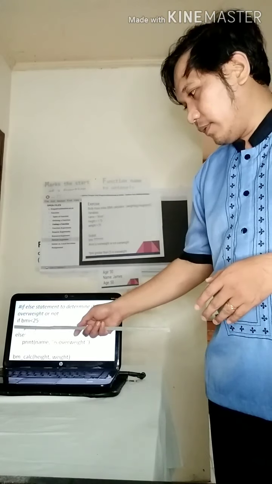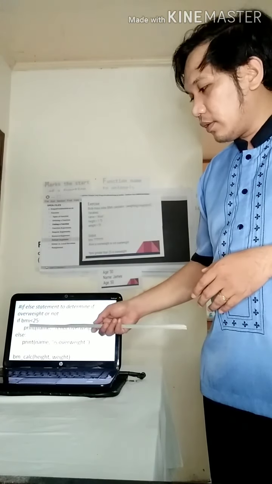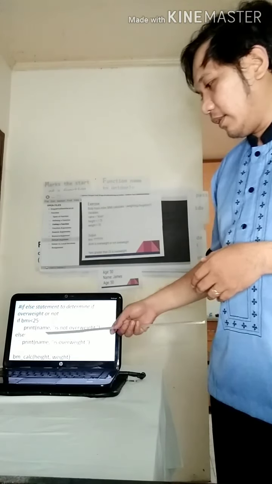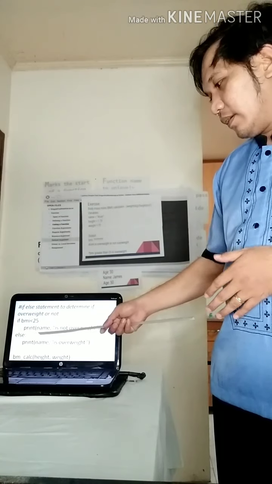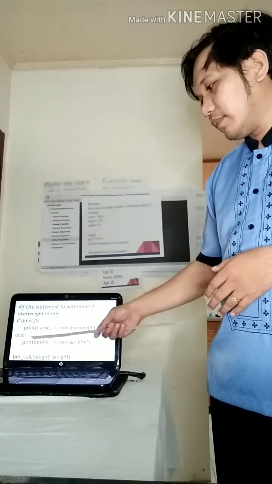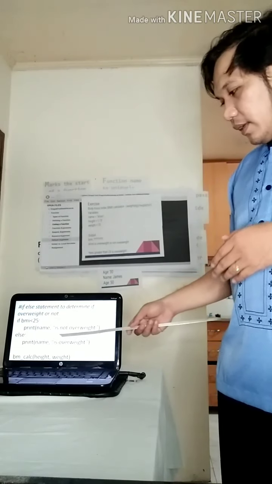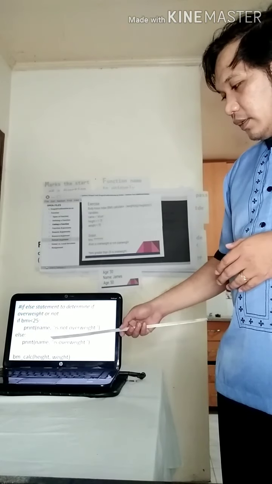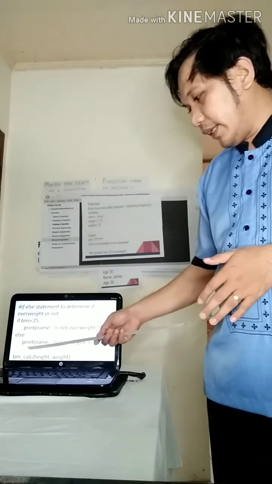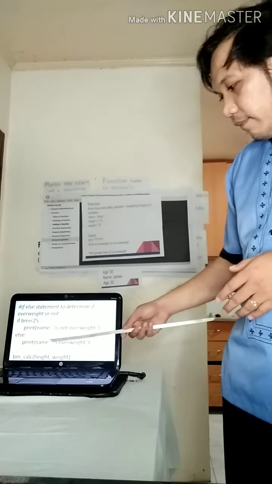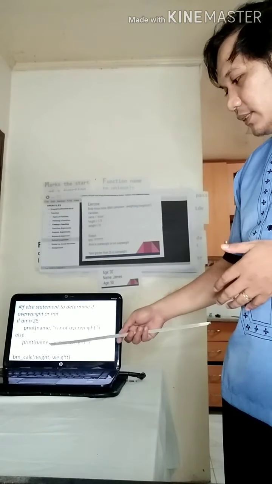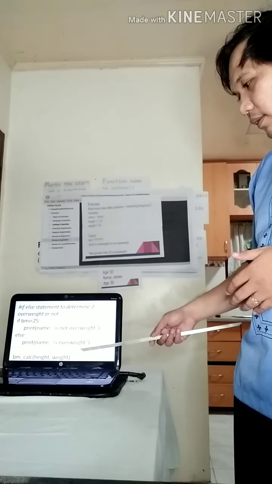So if BMI is less than 25, print the value of name plus the string "is not overweight." Else, print the value of name plus "is overweight."